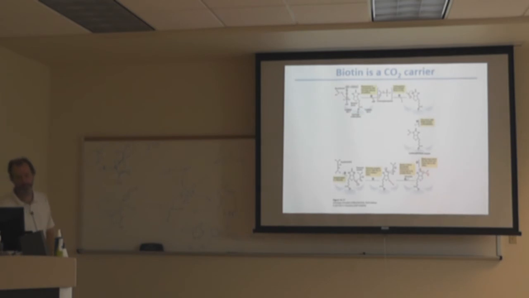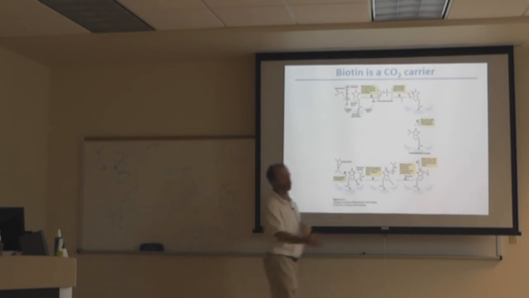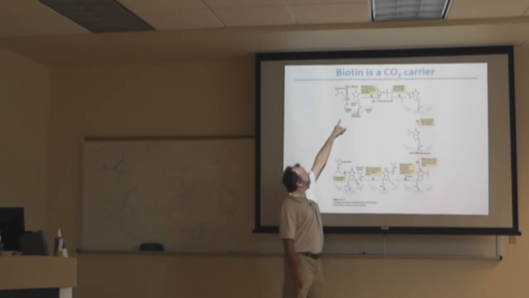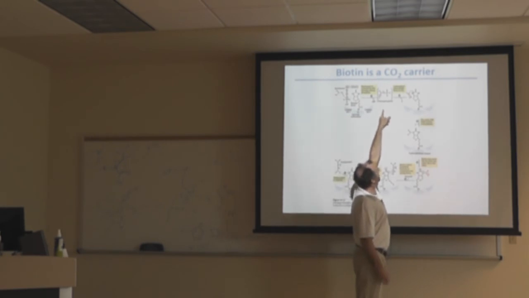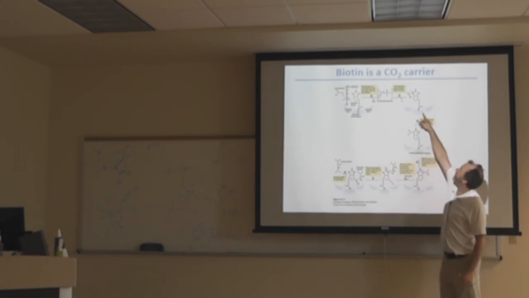And as we saw with pyruvate carboxylase, remember? Biotin is the important cofactor in this, right? So biotin is a carbon dioxide carrier. And we get the carbon dioxide for this reaction from bicarbonate. So bicarbonate, before it can be added, has to be activated. So it's activated via phosphorylation by ATP. So you get activation of bicarbonate to form carboxyphosphate intermediate, and then that carboxyphosphate can transfer that carboxyl group directly